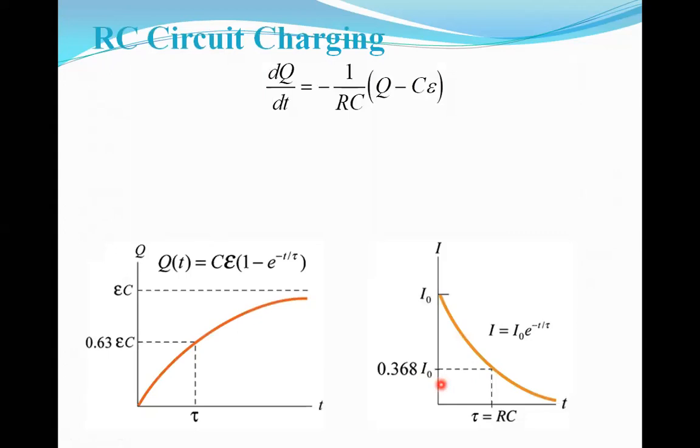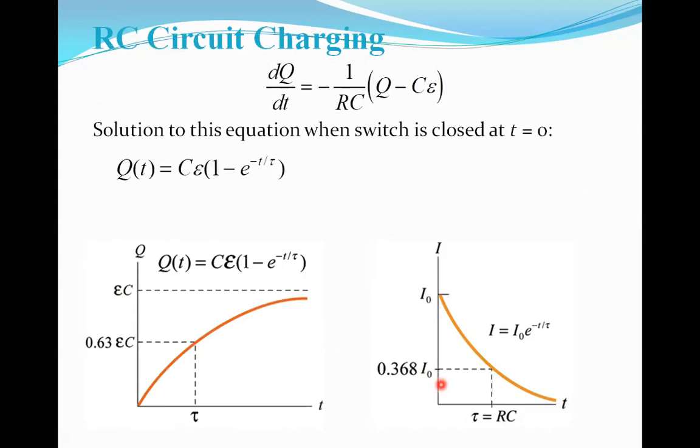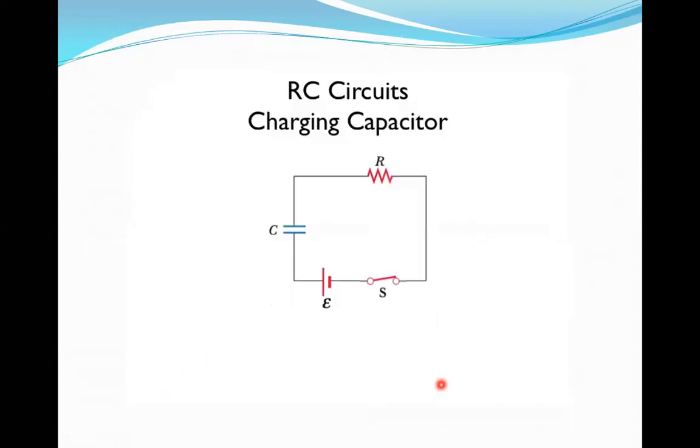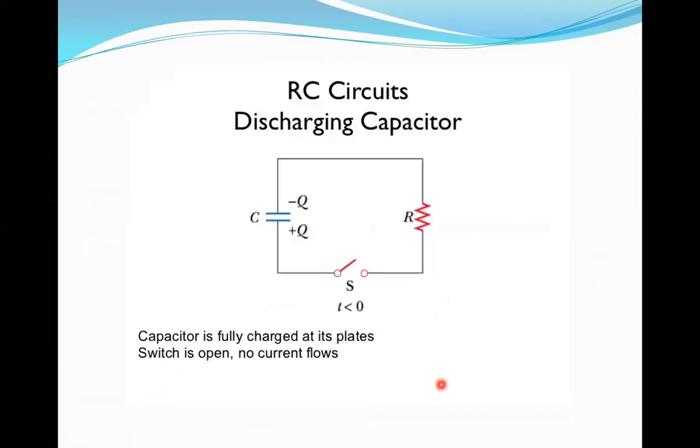You can see here the same circuit in the case of charging and discharging. These are the equations we have studied: Q is equal to CE into 1 minus exponential of minus t by tau, and in terms of I it will be I naught into exponential of minus t by tau. This was the charging. Let us understand the